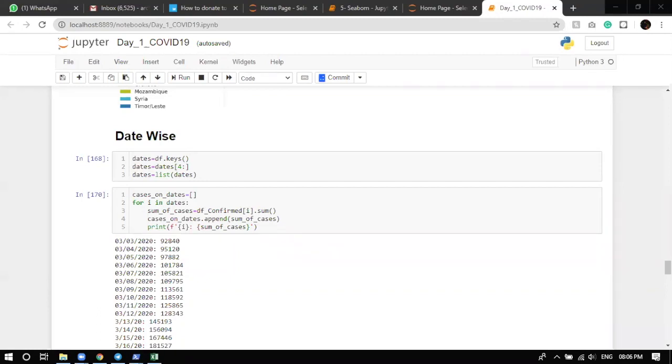So I'll send you the data set in the group. And yesterday only I gave you the Seaborn notebook. Go try running the whole notebook. Try changing the stuff by yourself. If you find any error which you cannot figure out, then ping me on the group. I'm ready to help.